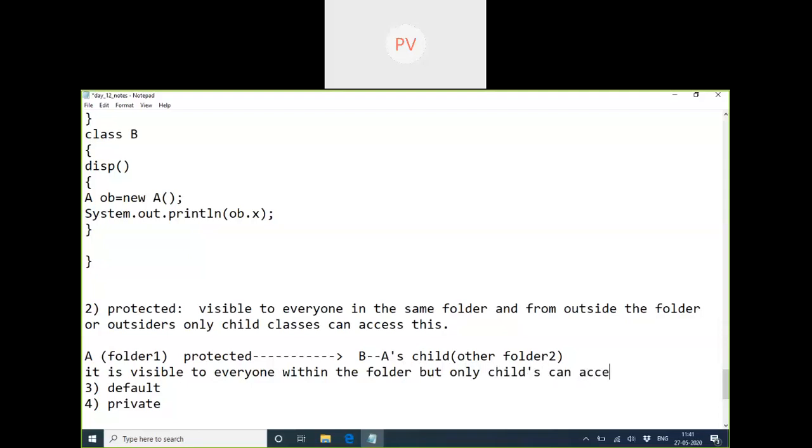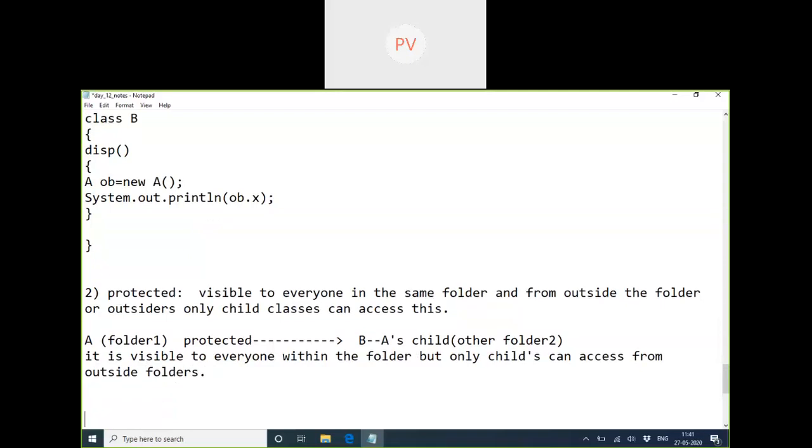Children can access from the outside folders. So those who are lying in the same folder, there is no restriction. They can access the protected data. But from outside the folder, who can access this data? Those who are child to this class. So how will we know that it is a child? For that, in the next chapter we'll finish inheritance. I'm just giving an overview of the keywords here.